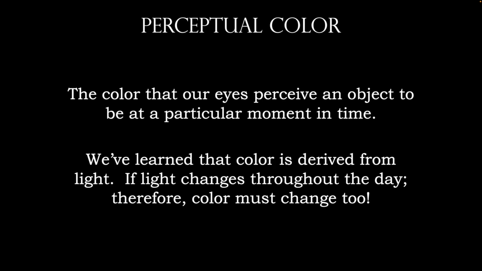If we were in a classroom setting, I would have you focus on either the wall, a chair, some type of object that has color to it. And then I would walk over to the light switches, and I would go from full light and reduce it all the way to having all the lights off. And we can see how the color of that object, such as a chair, totally changes because of the amount